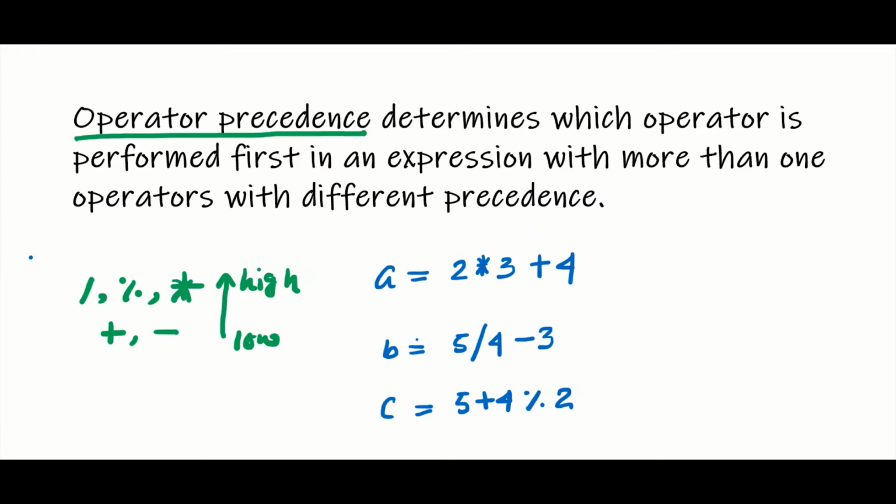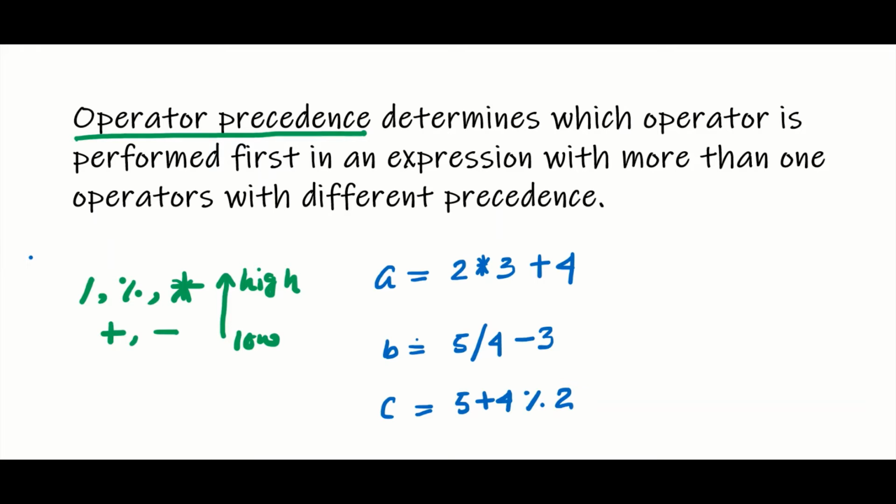Welcome back everyone. This is our second lecture on arithmetic operators. In the last lecture, I explained the working mechanism of basic arithmetic operators, starting from addition to the remainder, that is the modulus operator. Here we are going to cover one very important and fundamental point related to expressions and operators in a C program.